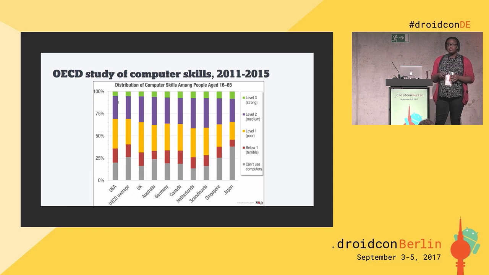The Nielsen-Norman Group, which was started by Jacob Nielsen and Don Norman, who are user experience designers and researchers, recently published something that was based on an OECD study that took a look at the computer skills of adults in various OECD countries. The adults in this data set were between the ages of 16 and 65. So we're going a little younger than what's considered adult in a lot of countries, but we're also leaving out the elderly people who may skew this data even more.